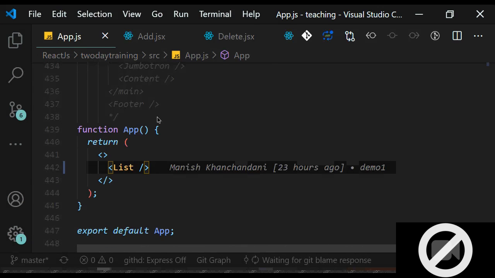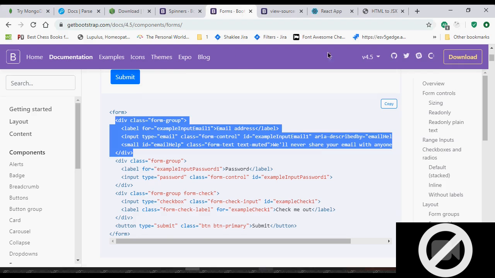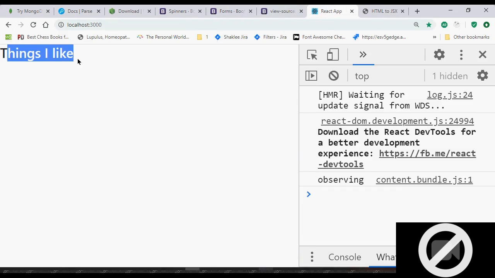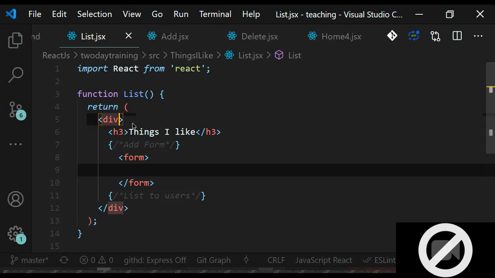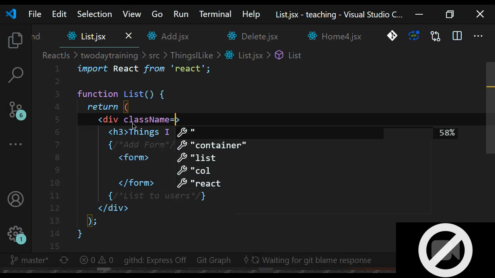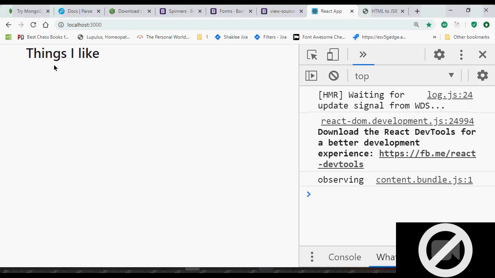So instead of calling home, I'll call the list. Now let's go here. So I am in the things I like project. Let's put this in the container class name